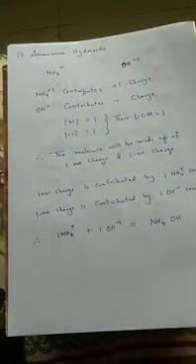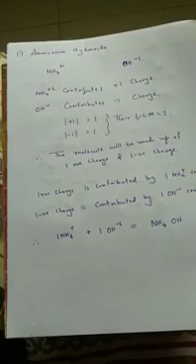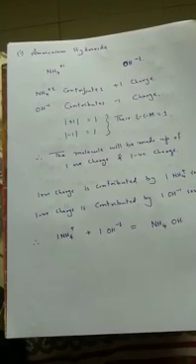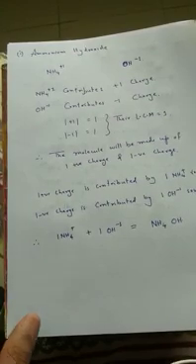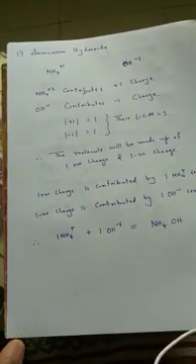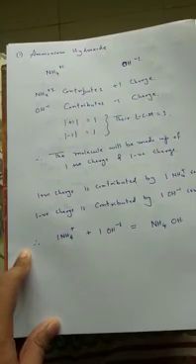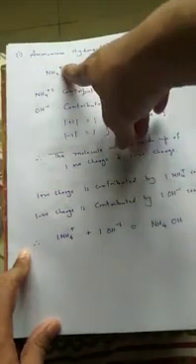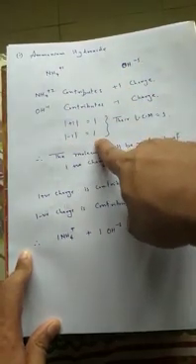Our objective is to find how these two will combine to give us a completely neutral system, which is ammonium hydroxide. Ammonium hydroxide is a molecule, and a molecule is always a neutral system. For this purpose, we will have to find out how many positive charges and how many negative charges would be contributed by these two ions respectively. For that purpose, first we will find the modulus of +1, which is equal to 1, and the modulus of -1, which will be equal to 1.